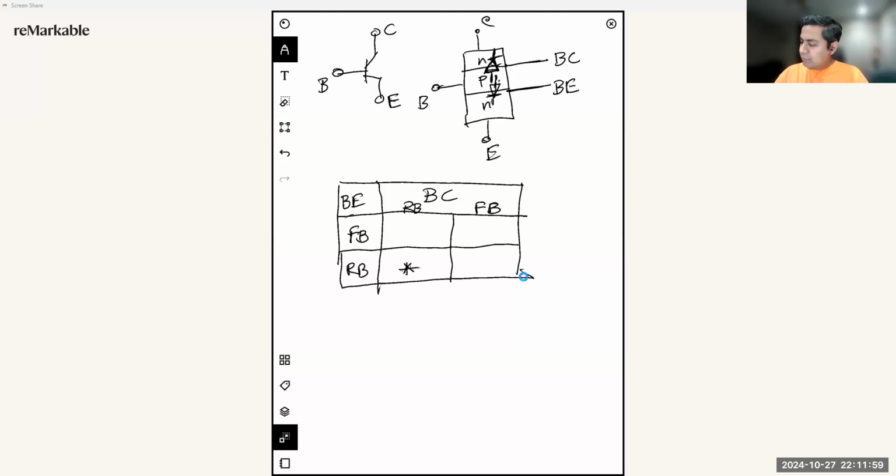So if we are applying a voltage across this device in a direction, so this is our PN junction. If we are applying a negative voltage to the collector and a positive voltage to the body or to the base, then we are basically reverse biasing the base collector junction. And in a similar way, if we are applying a positive voltage at the base and a negative voltage at the emitter,